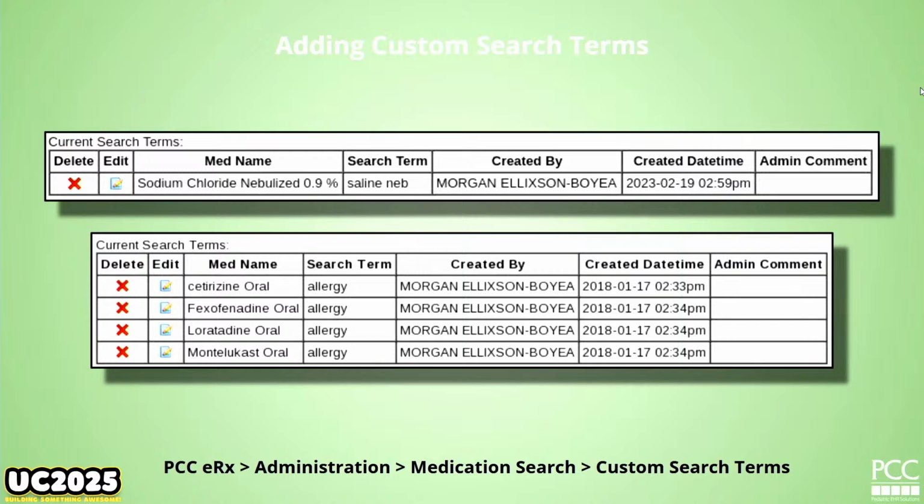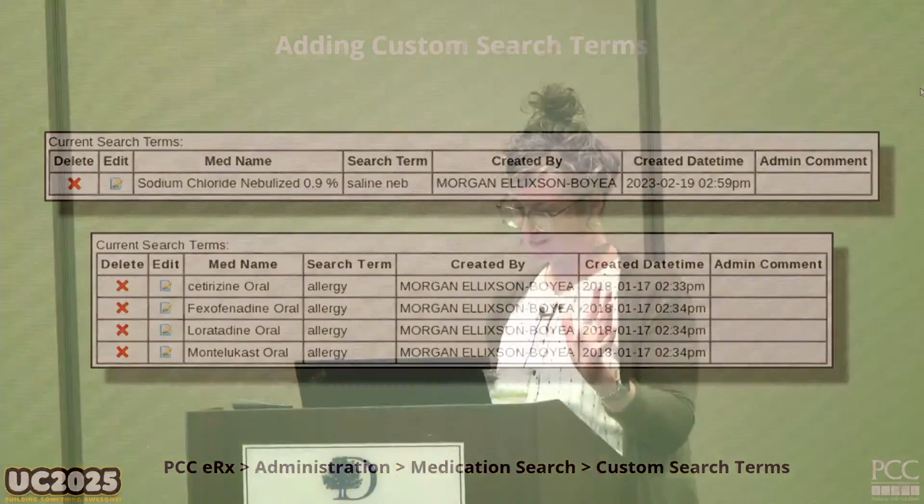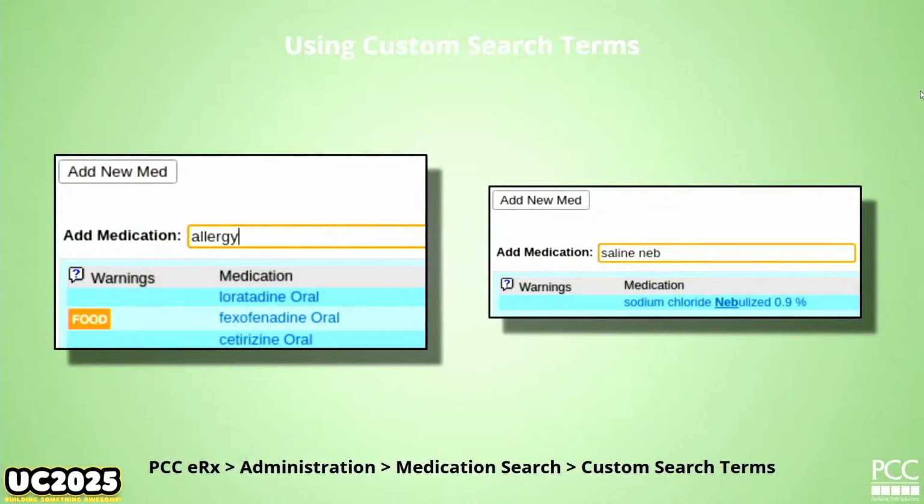So get creative with this. You could do this to help with brand and generic mapping, too, because if you like to prescribe generically, but you're in methylphenidate and it's hard to know which one's which, you could give it a little search term and make that easier to find. But there's more stuff in here. And this is just an example where I could search now by that term instead of looking for the drug.